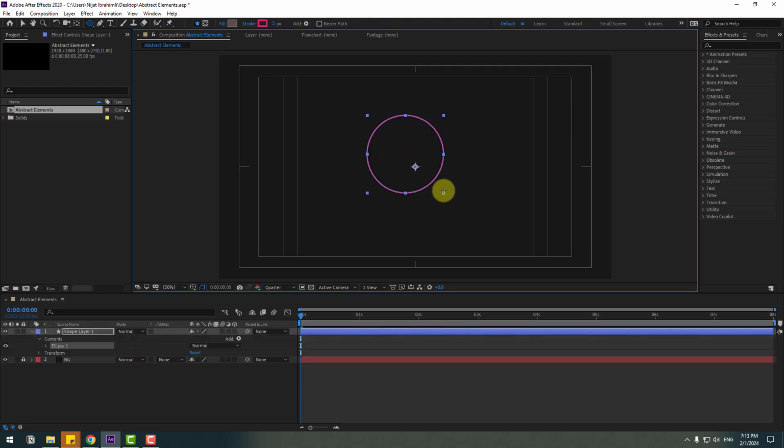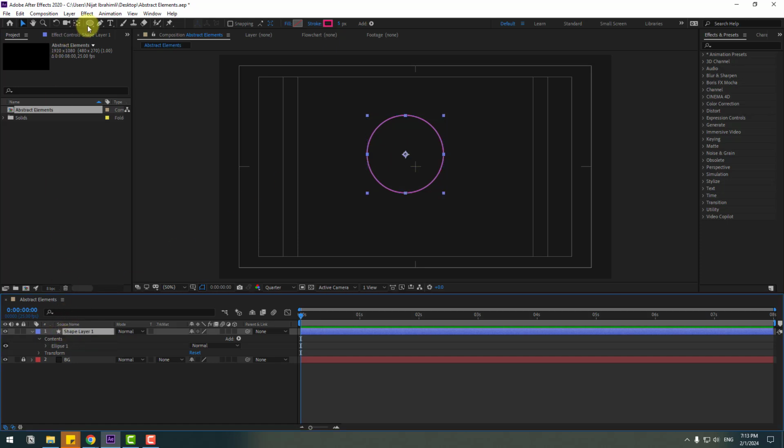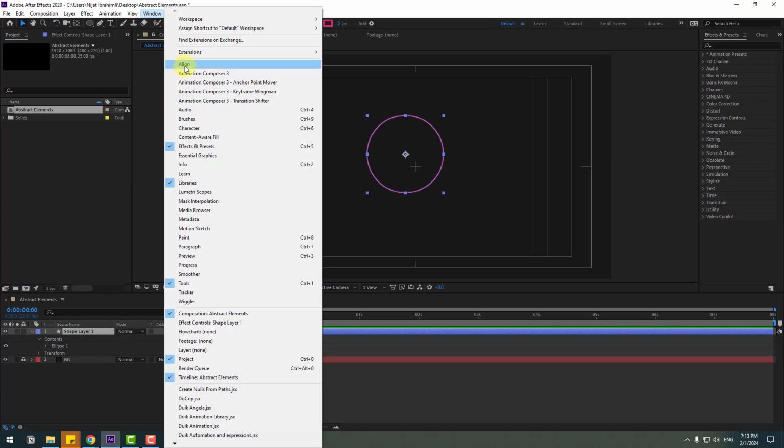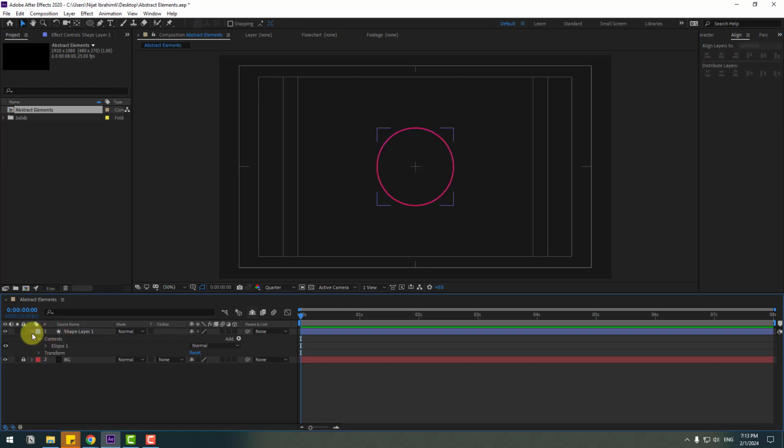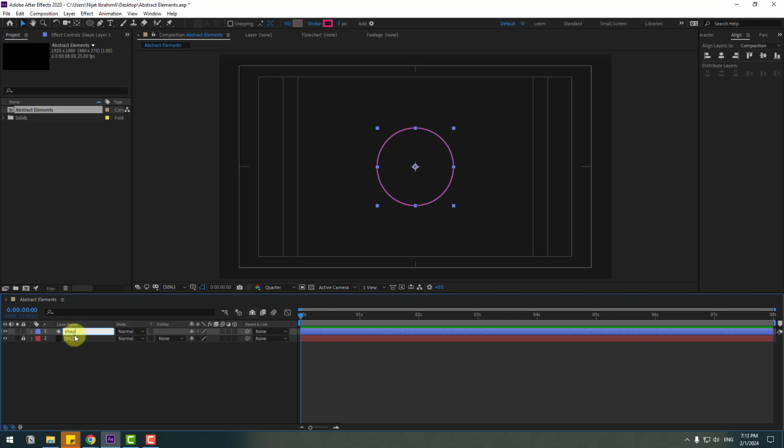one ellipse like this. Click the selection tool, and to move the anchor point to the center, select the shape layer, go to the pan behind tool, hold Control and double click this icon to move the anchor point to center. Click the selection tool and go to window, enable align, click this icon and this icon to move the object to center. So let's change this name to shape 1